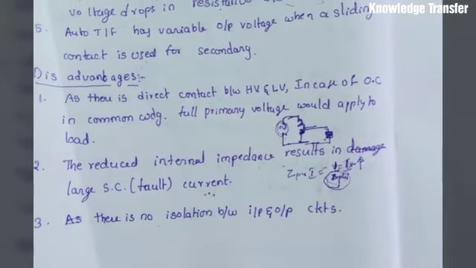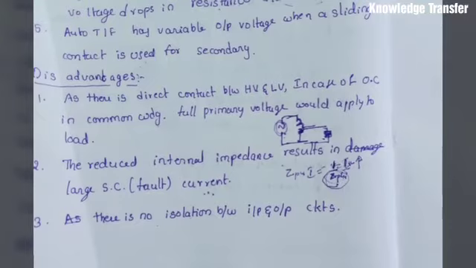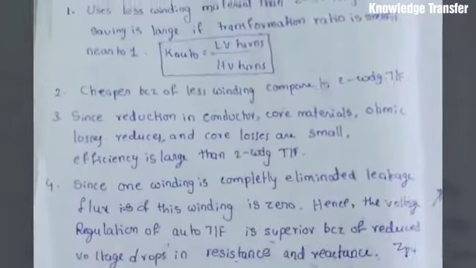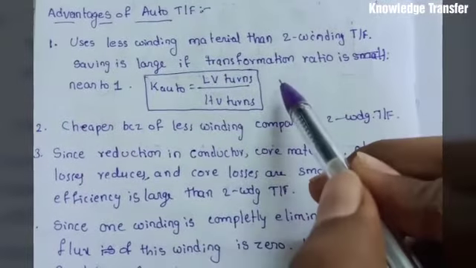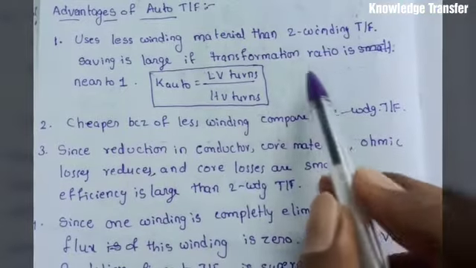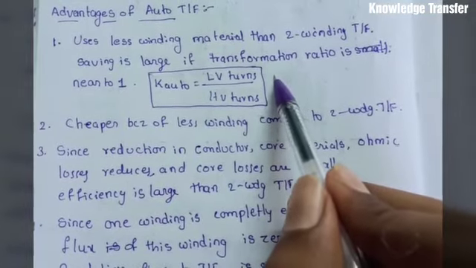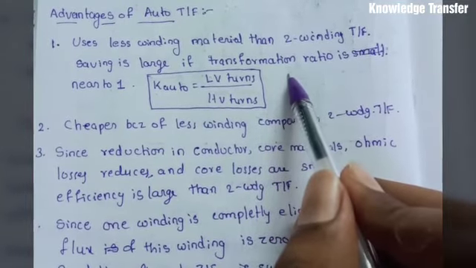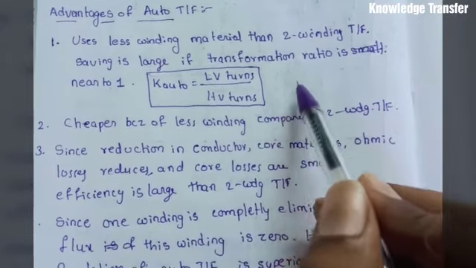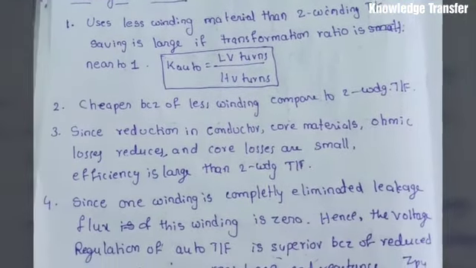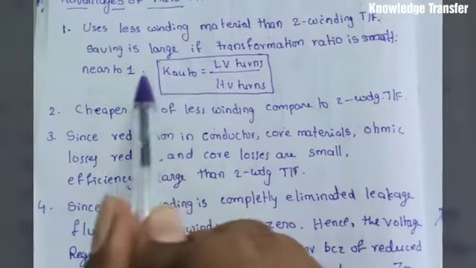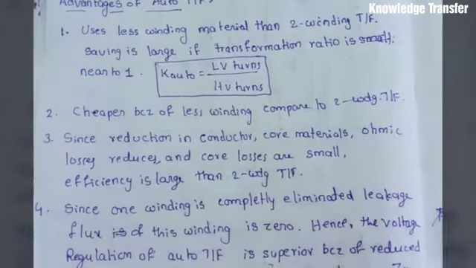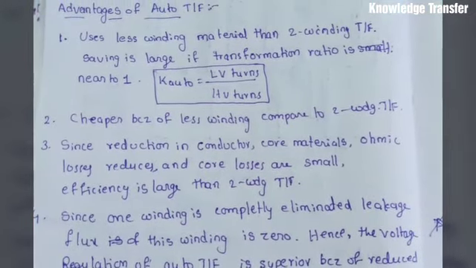This is the single phase auto transformer advantages and disadvantages. In the upcoming sections, we look into these advantages, how these advantages occur in the single phase auto transformer. We look into how much winding is saved in the auto transformer when compared to single phase two winding transformers, and also why we should take transformation ratio near to 1 only. Those concepts will be dealt with in the upcoming sessions.